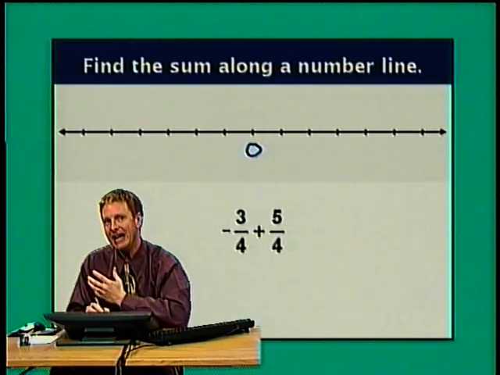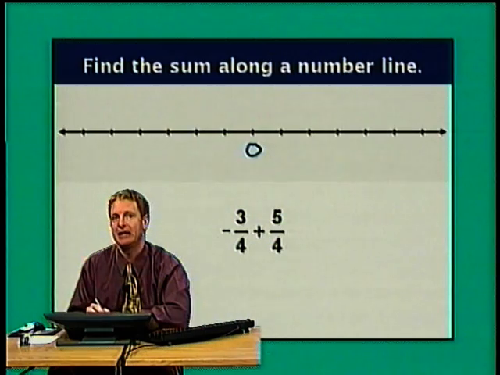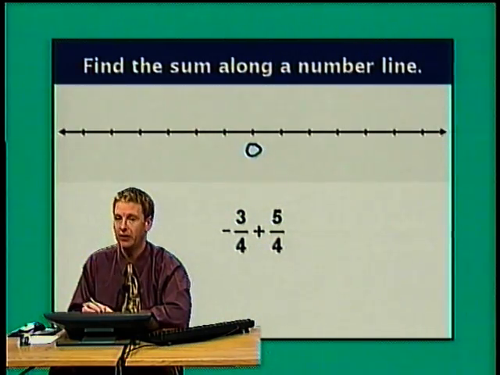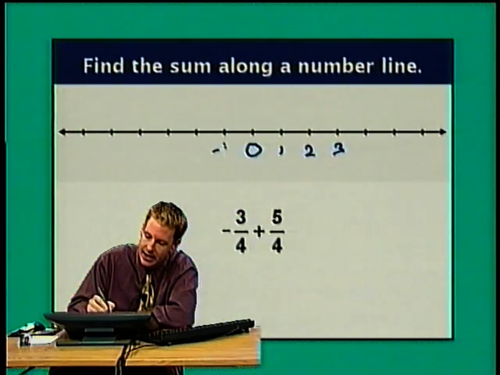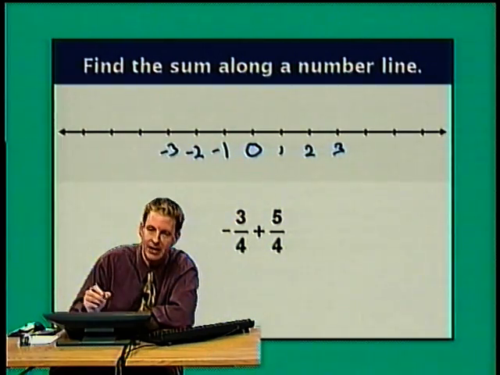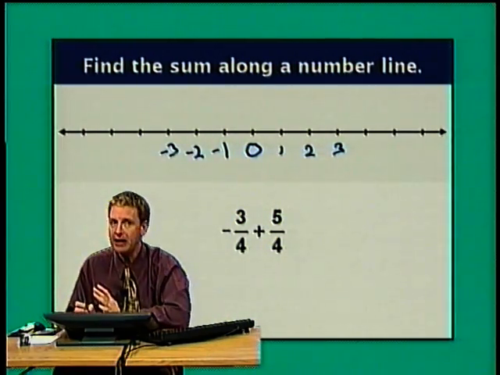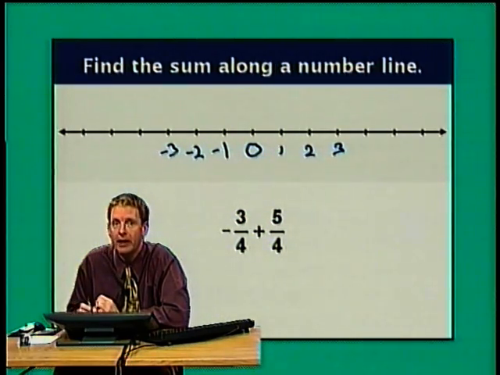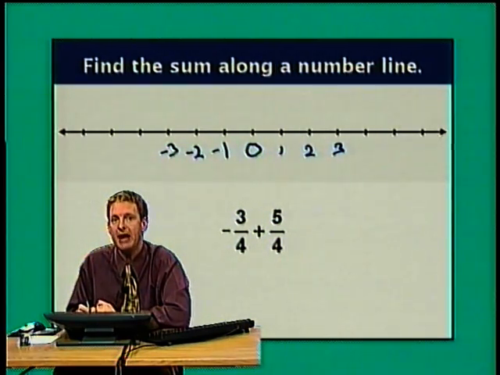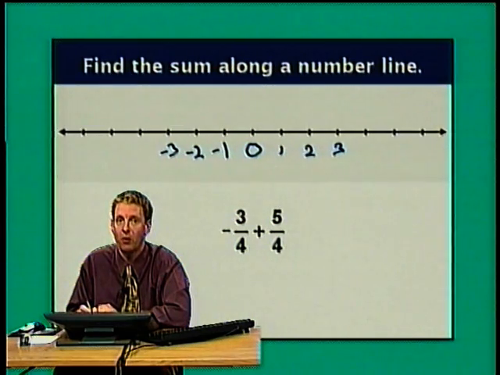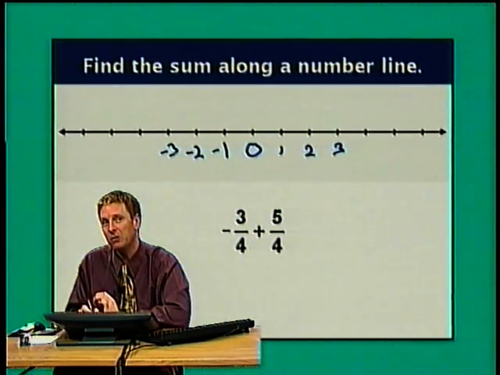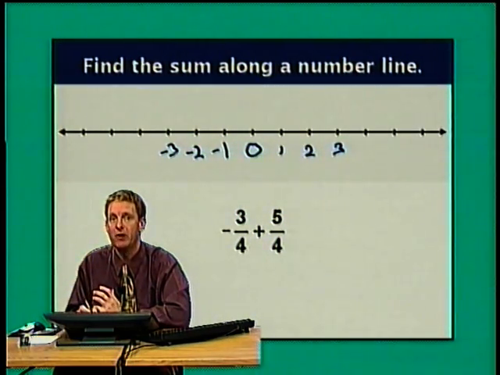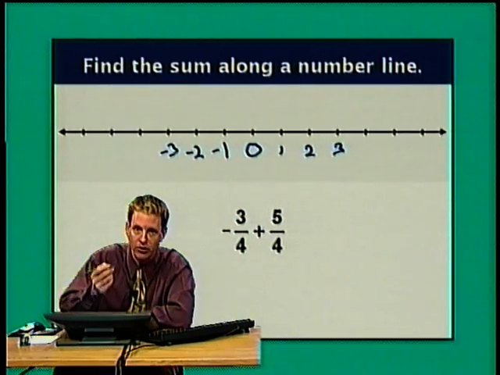Now, it's kind of easy to get in the habit of automatically assigning a scale of 1 to your number lines. Call this 1, this 2, this 3, this -1, this -2, this -3. And technically, that would not be wrong in this example, because I would be able to go left 3/4 of a unit, and then picking up from there, go right 5/4 of a unit.